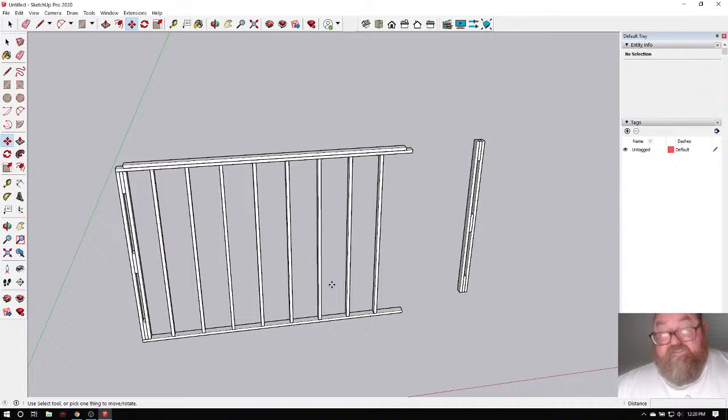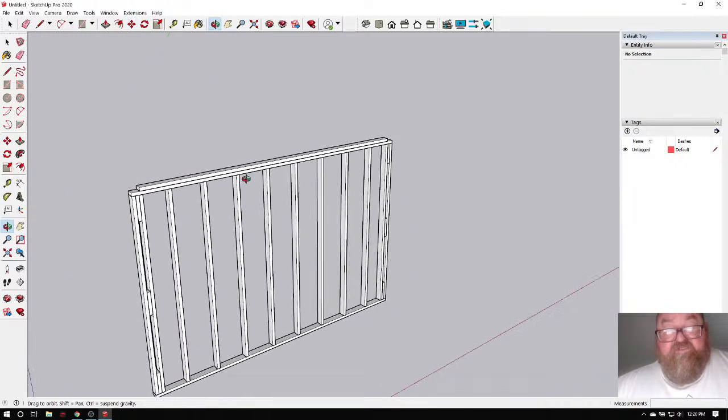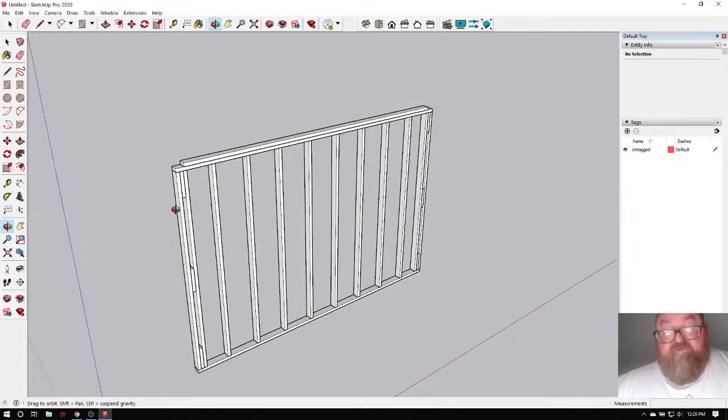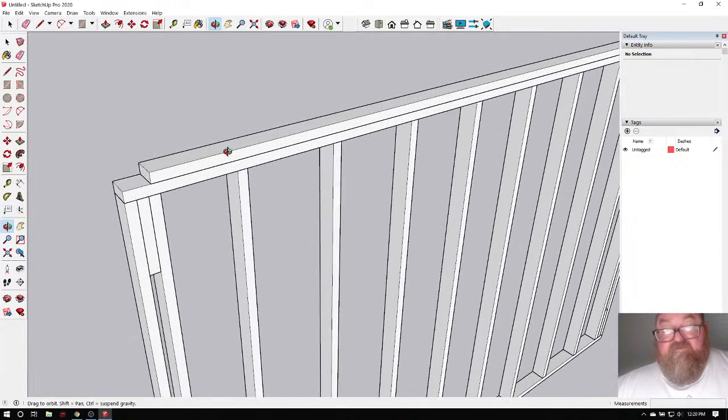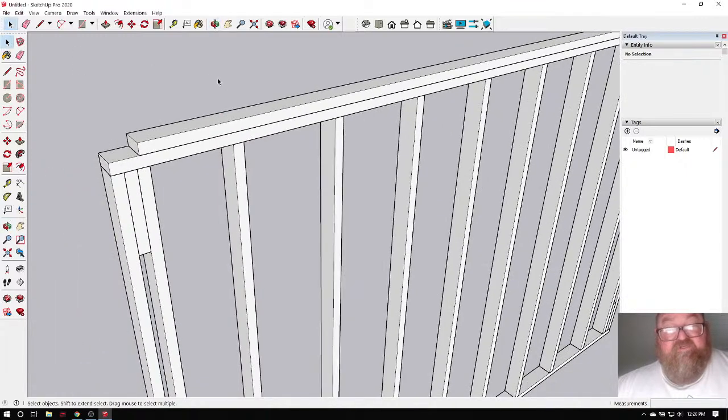Oops, I still have that selected. Undo. Now let me give you an example of why you want to make components. Okay, and it's very simple to do. You saw me do it with a click. Let's say you had a